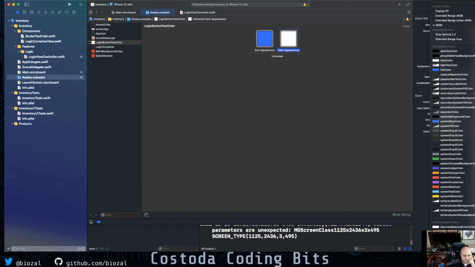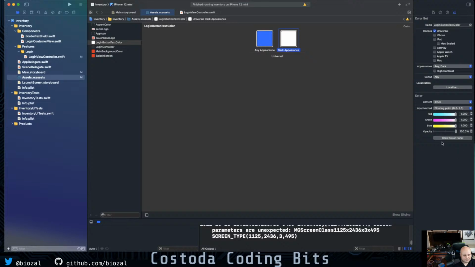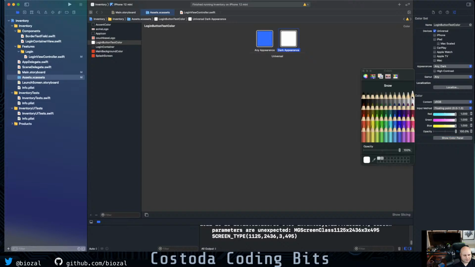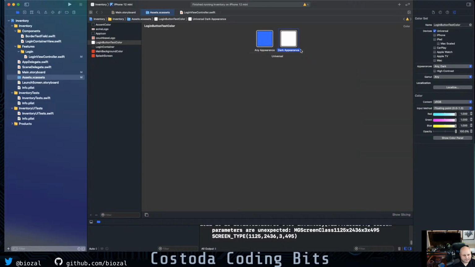All right, let's just go to RGB then, and we'll just make it this. And we should be able to make the little crayon. There we go, little crayon. We'll make it snow. And that's it. So we should be able to save that. And now that we've saved that, we should be able to get over our asset catalog, go back to our